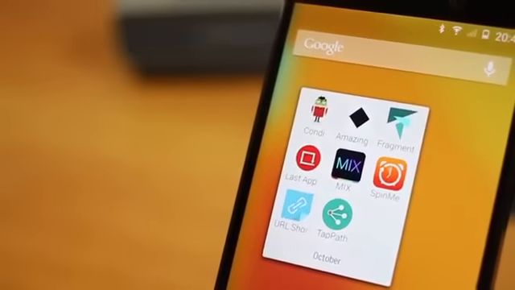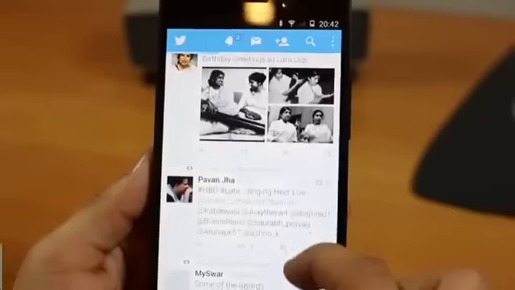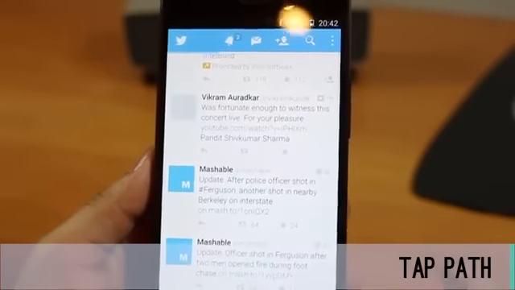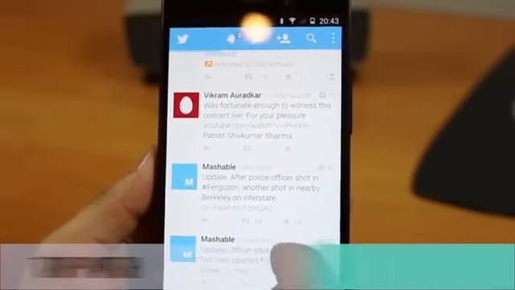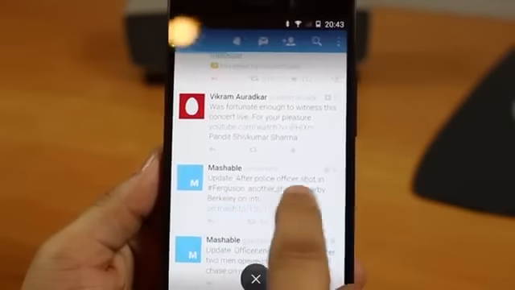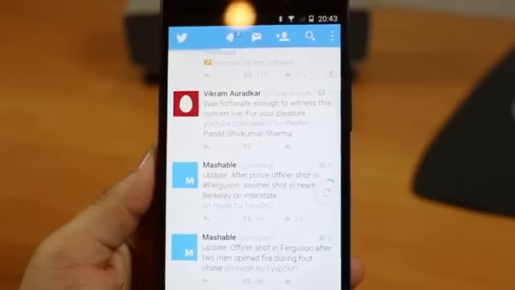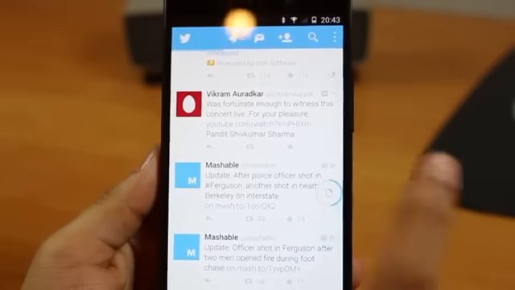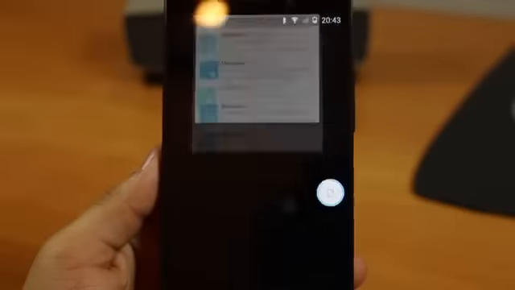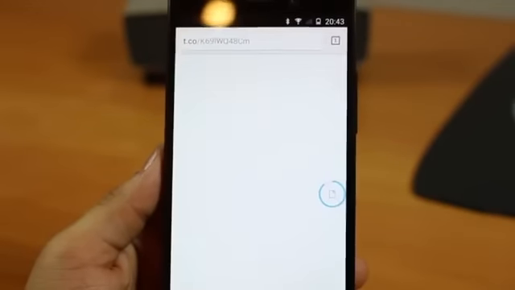The 8th app is called Tap Path. So let's say you're on Facebook or on Twitter or any other website where you're reading something and you want to click on a link, but you don't want to go away from the app. So let's say you tap once, it opens up on Flinks, which is a floating browser. You don't have to leave the app, right? But let's say you really want to just open it in Chrome. I double tap on it and it opens up on Chrome.